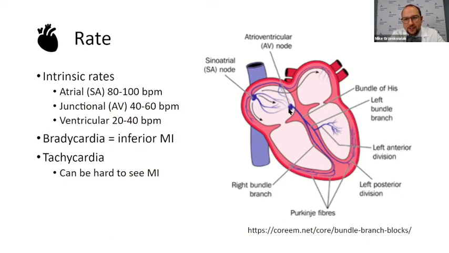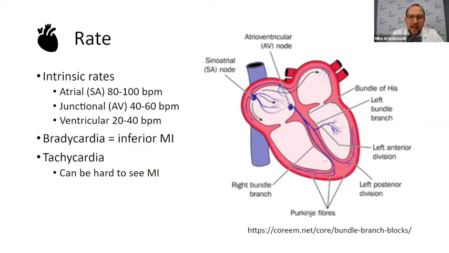So that's when the heart rate starts at the AV and then moves down the bundles into the His Purkinje. But let's say both the SA and the AV are knocked out, right? So you can't get the 80 to 100 beats per minute. You can't get the 40 to 60 beats per minute. The heart still has a backup rate so that you can still beat even if you have disease in those